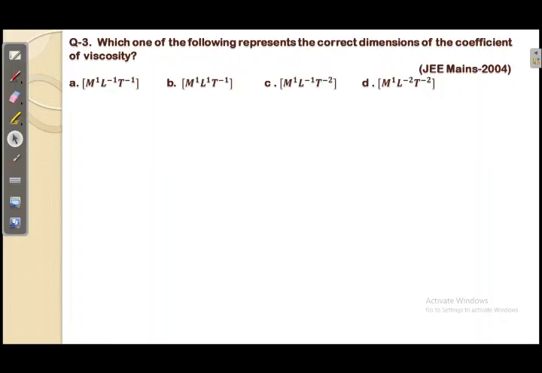So the next question is question number 3. Which one of the following represents the correct dimensions of the coefficient of viscosity? This question was asked in JEE Mains 2004. They have given 4 options. So we will directly move towards the solution part. So according to